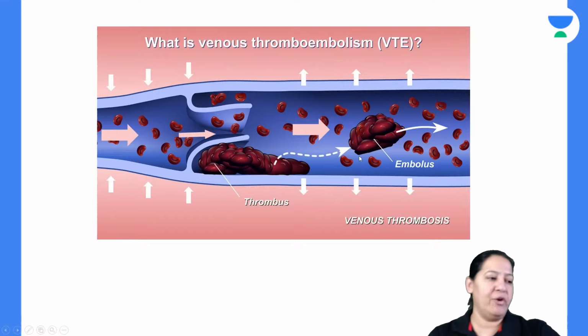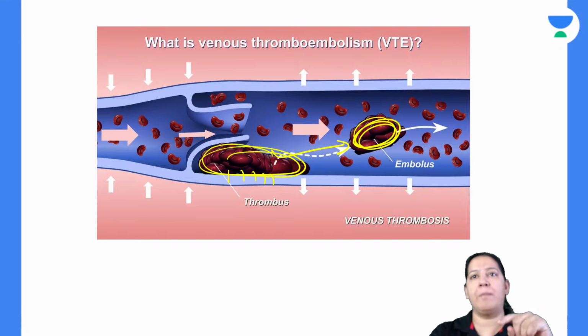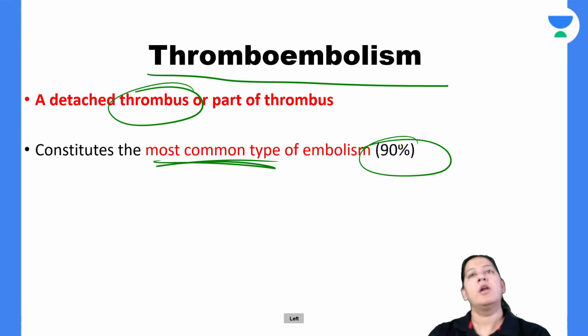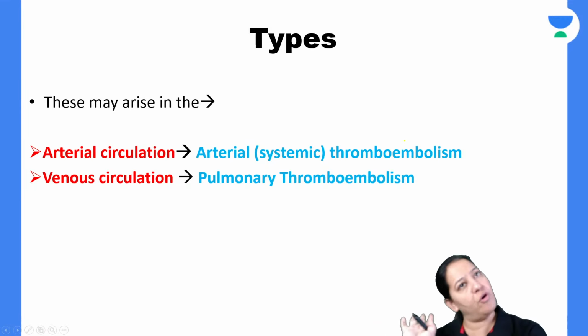So you can see the beautiful diagram. In the diagram, can you see a thrombus is there? This is a thrombus. Now it got detached and it got converted into an embolus. This embolus is known as a thromboembolus. Have you got it? Now for all emboli, okay, let me tell you one thing once for all emboli. Let me draw an embolus.